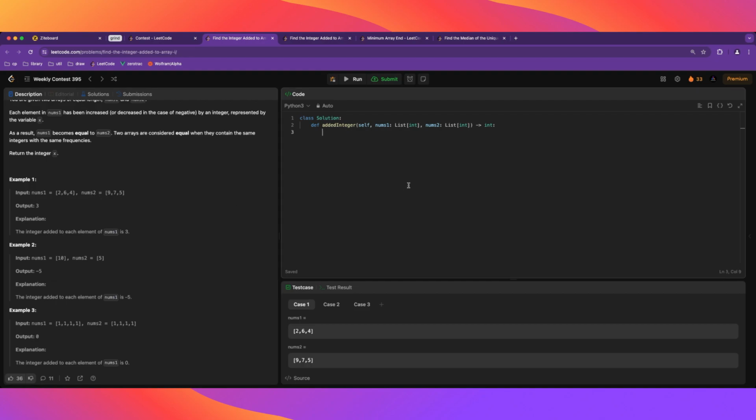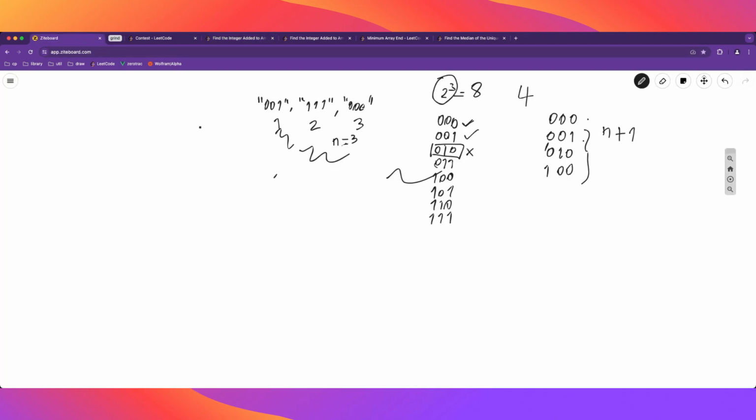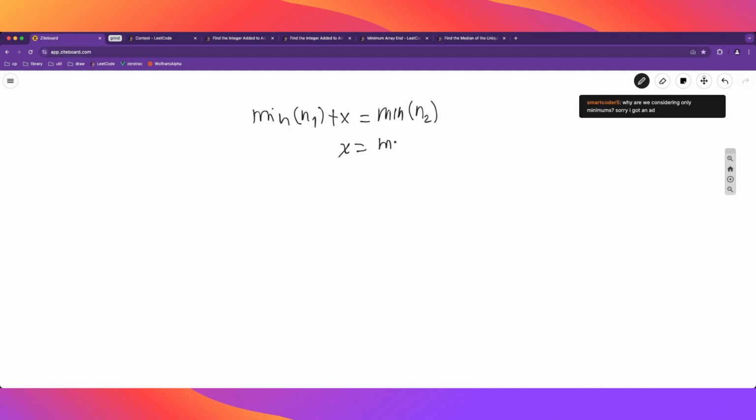So now we have two values that were transformed. So now we know that the minimum of nums1 plus x equals the minimum of nums2, right? And so we can find x by subtracting